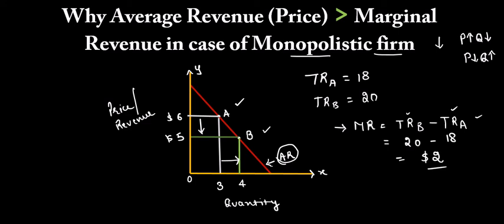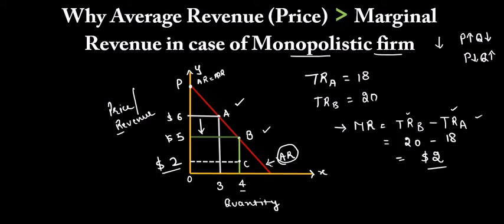Now I want to plot this point over here, and I want to find out how my marginal revenue curve will look. So if I plot this $2 on the y-axis, because on the y-axis we have taken the revenue as well, you guys observe that at the level of 4 units of the quantity, this is touching this green line at this point C. Now let us call this point P. So P is the point where average revenue and marginal revenue both are equal, because at this particular point the quantity demanded is 0, and as you guys know, this is the initial case when both are equal.